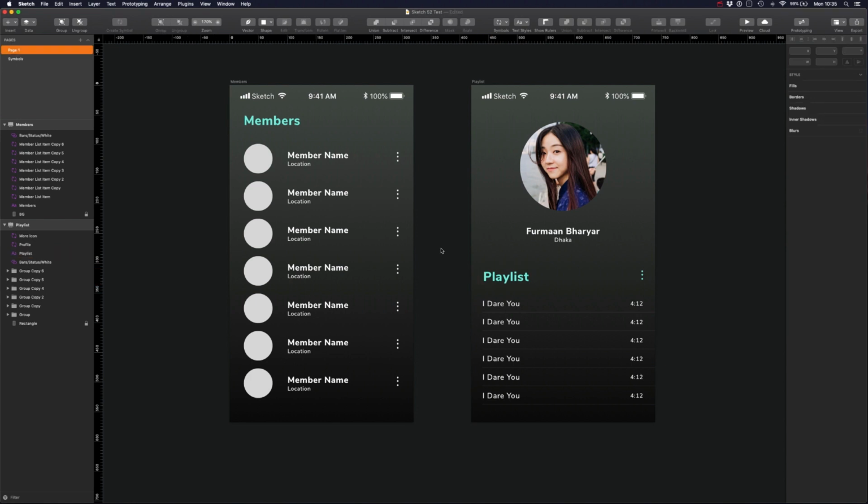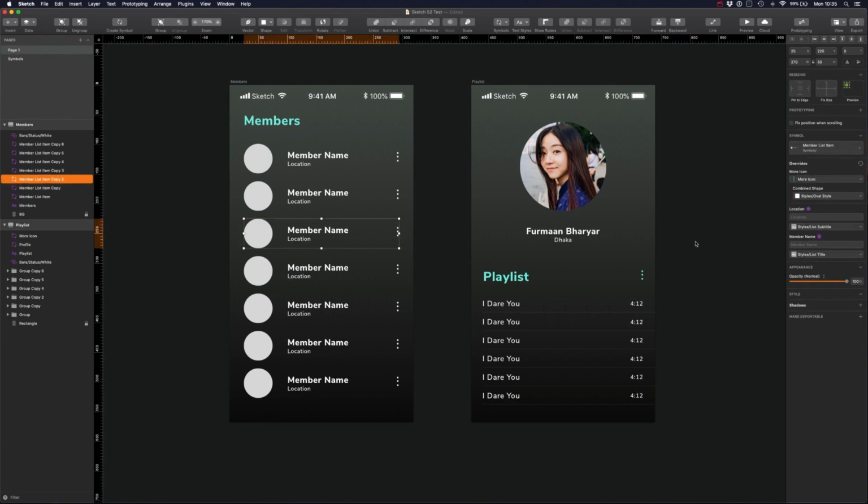One new feature which I'm sure you're going to love is the ability to override text and layer styles in symbols. For example, I can change the text style for this list title. So if I go here and I've got the member name with the list title text style, I can change this to the list style selected, for example. So now I don't have to create different symbols for this if I want to override this, so it's a lot cleaner. And I can also do the same for